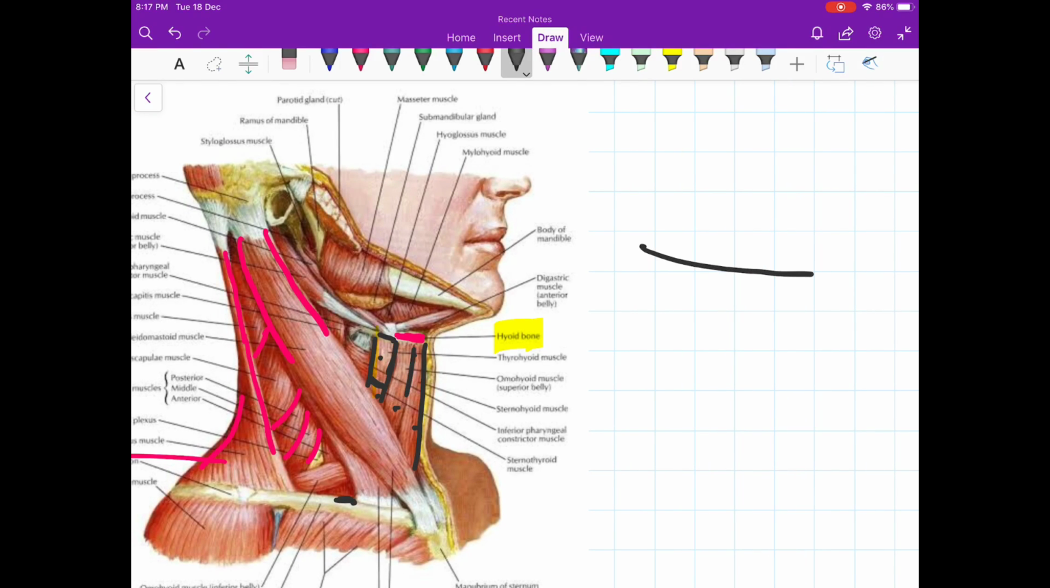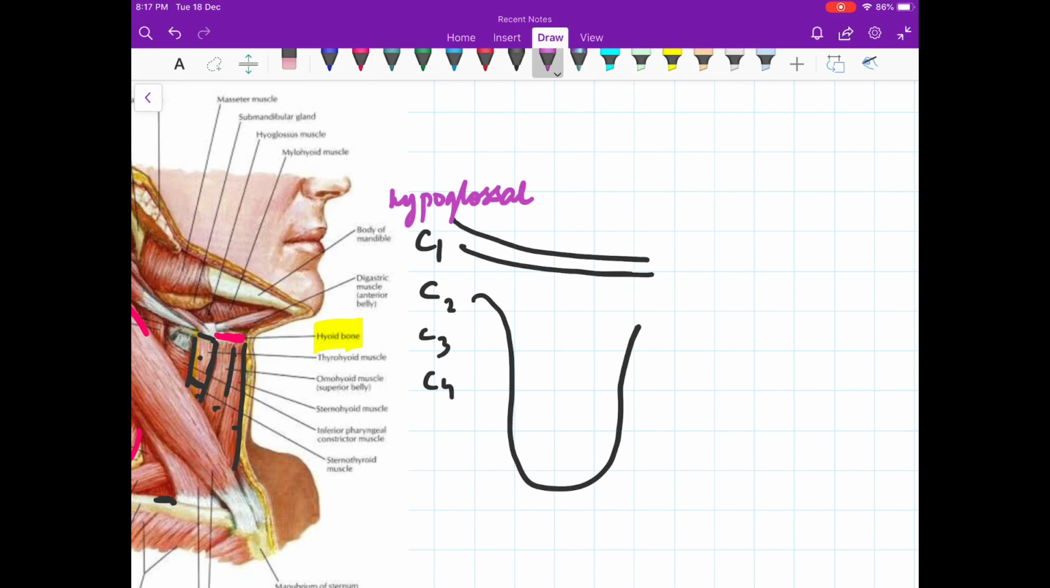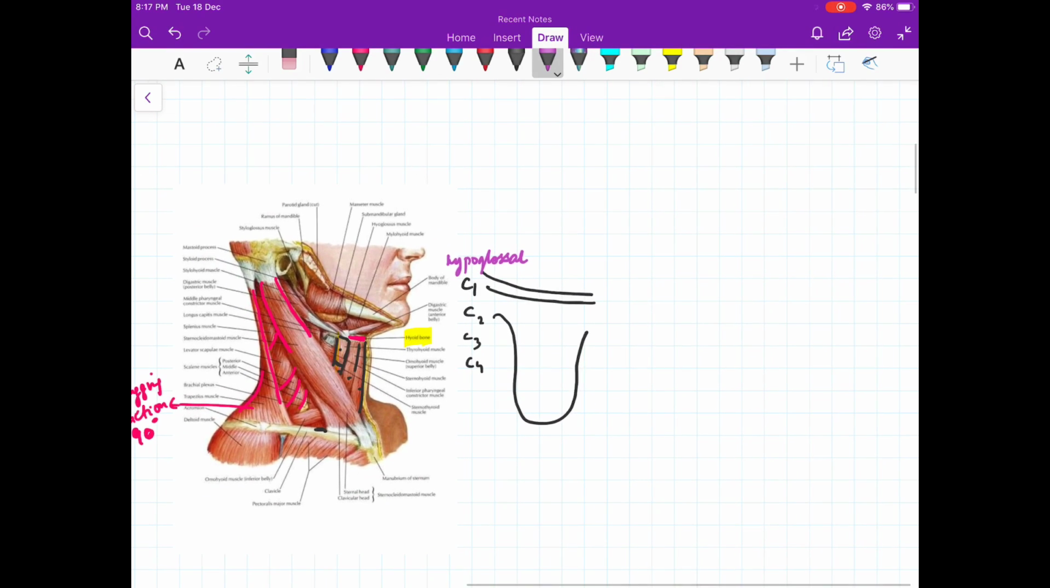Friends, I will give you one diagram of ansa cervicalis. Ansa cervicalis is formed by ventral ramus of C1 and hypoglossal nerve and C2, C3, C4. So the ventral ramus of C1 and hypoglossal nerve gives nerve supply to, what is the answer, friends? It gives nerve supply to